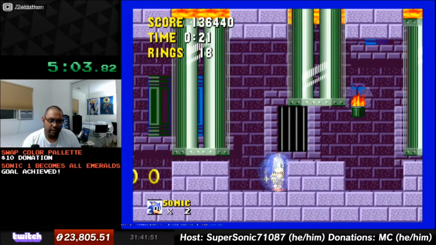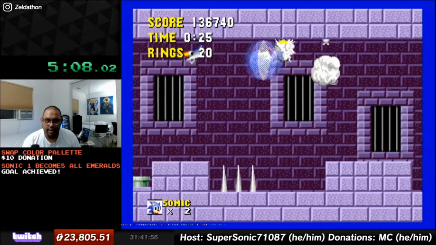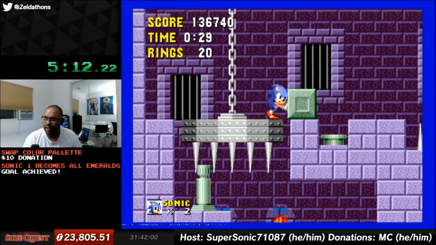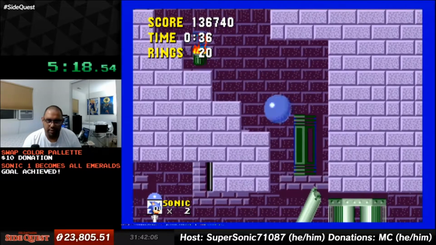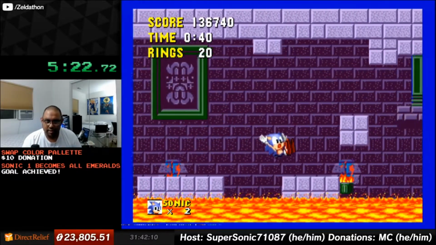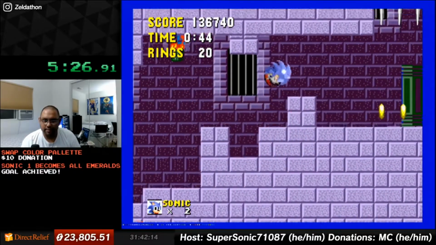Normally if we're doing the regular beat the game run, the stage will take either 53 seconds if you get the first cycle, or I think it's like 59 seconds for the second cycle. So it's about a 6-second difference, but since we're doing all emeralds, it's a little different since we have to grab 50 rings. So I'm gonna do a damage boost here,